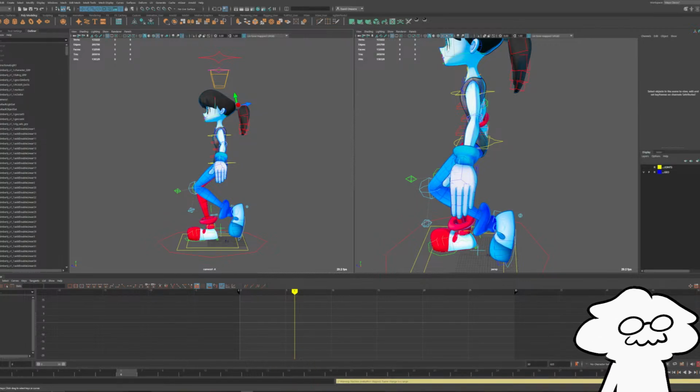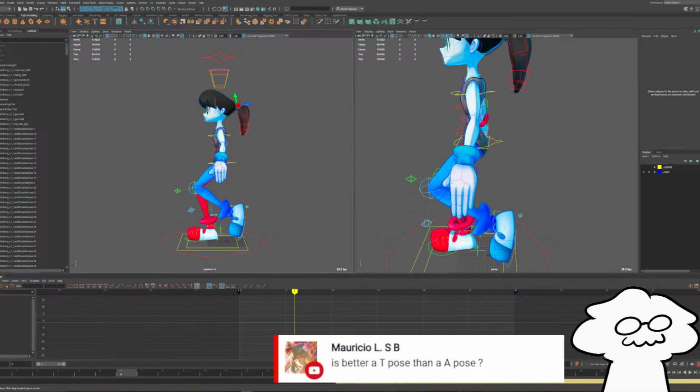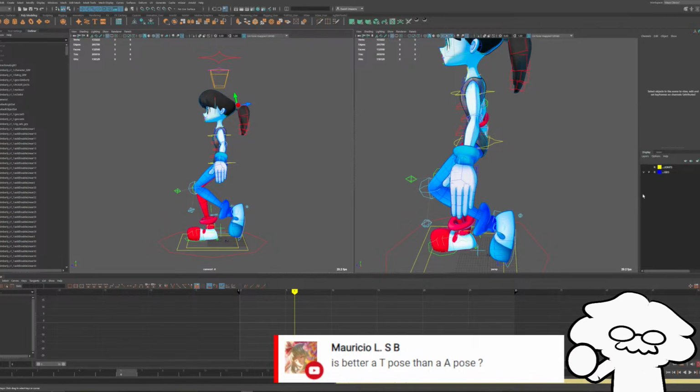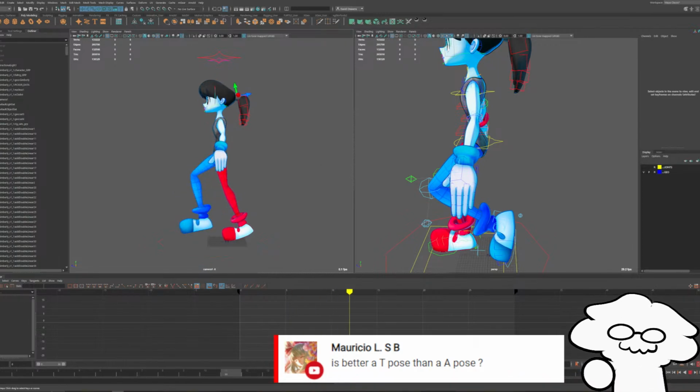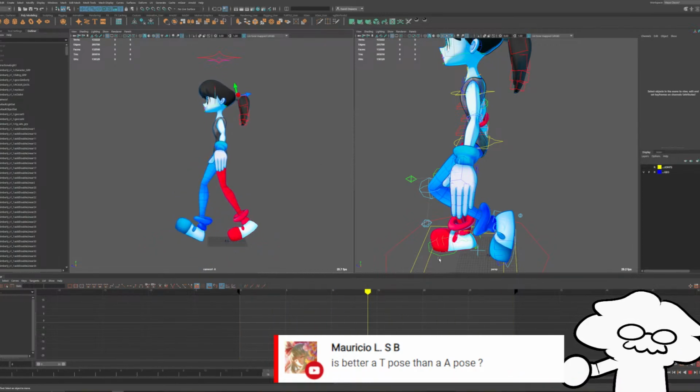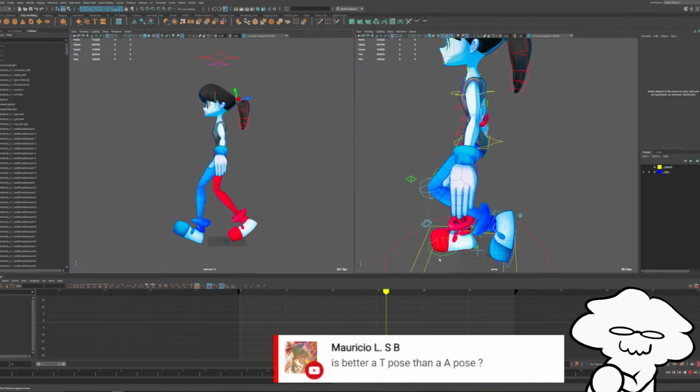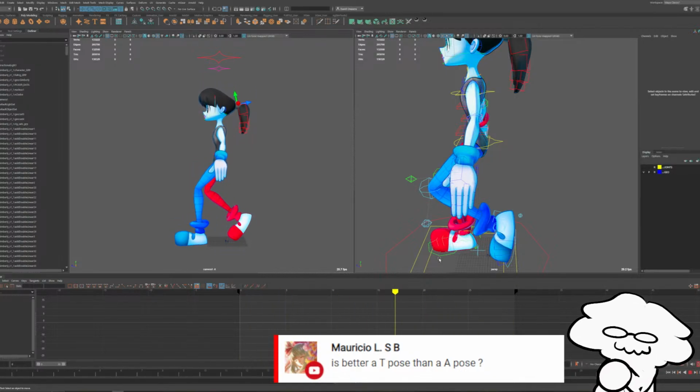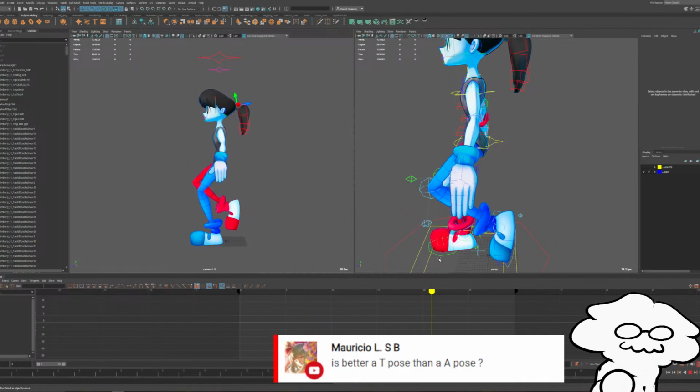I always like this question. Is a T pose better than an A pose? It generally depends. Let me just play this so people know what the progress is so far. Obviously it looks silly, don't worry about it. Generally, an A pose I tend to see more with realistic characters.